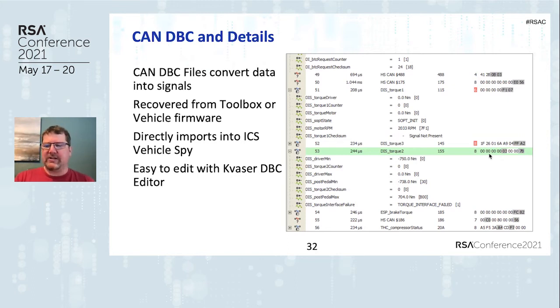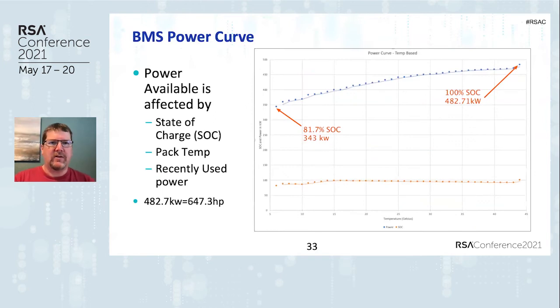So one of the things that I was actually able to do once I got all those DBC files is figure out the power curve of the vehicle. One of the things that's unique about the Teslas in general is the amount of power available varies based on how hot the battery is and its state of charge. So, as to do what's called Ludicrous Plus mode, what the car actually does is it heats the battery pack up to get it to an optimal temperature to give you the maximum amount of power.